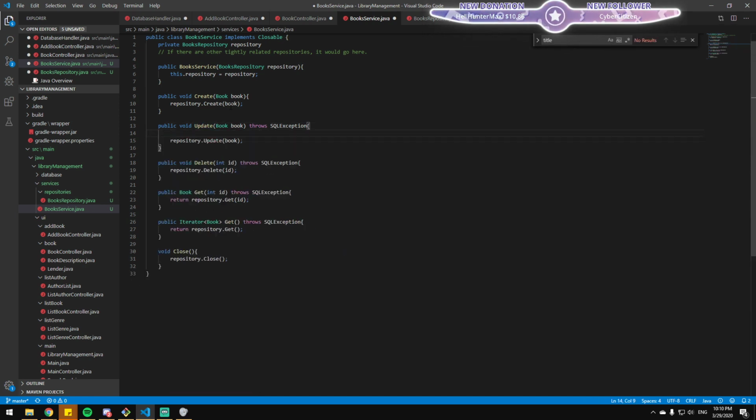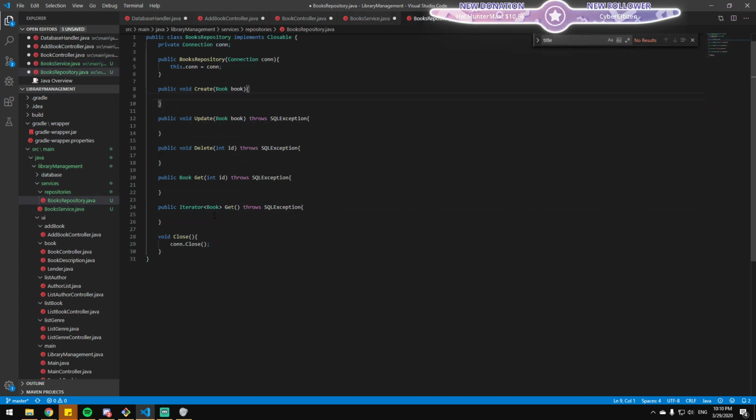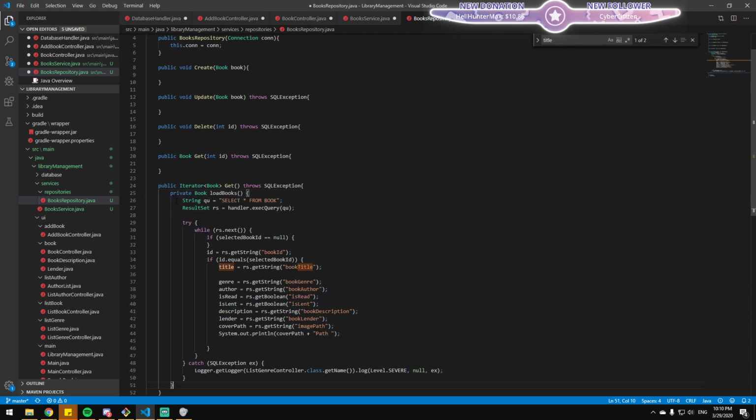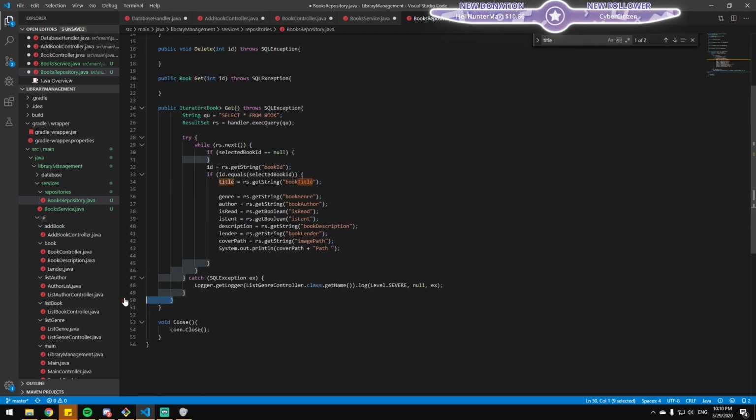Sorry, wrong method. So you would have this, you would have this. So you have query, result set, and can you convert result set easily to an object, let's say?